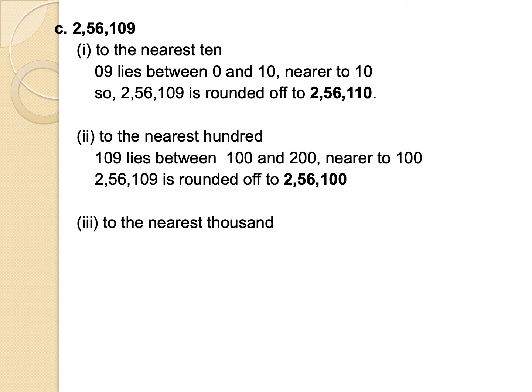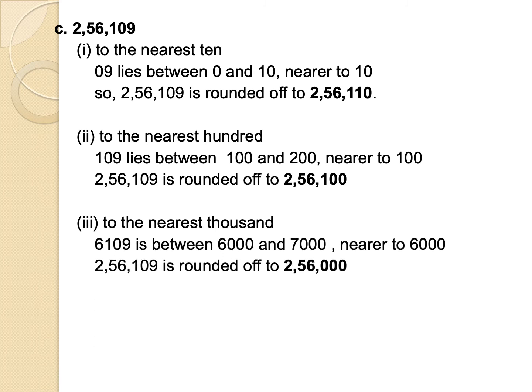2,56,100. Third, to the nearest 1000, उसके लिए हम लास्ट के 4 डिजिट्स देखेंगे, means 6,109. So 6,109 is between 6,000 and 7,000, nearer to 6,000. क्योंकि हंड्रेड्स की प्लेस पे 1 है जो कि 5 से छोटा है, इसीलिए 6,109 राउंड ऑफ होकर 6,000 बनेगा. So 2,56,109 is rounded off to